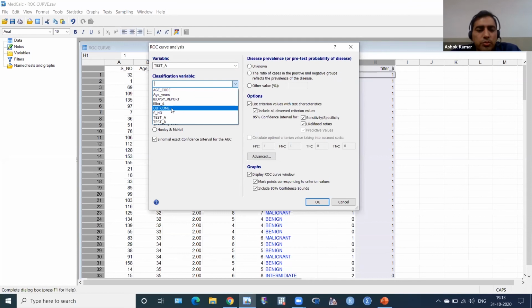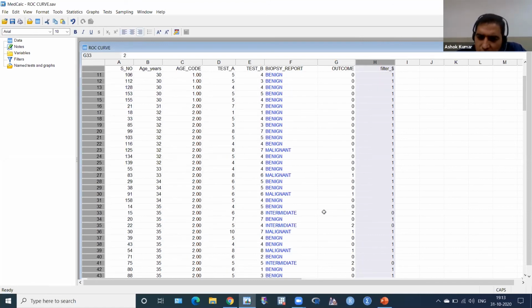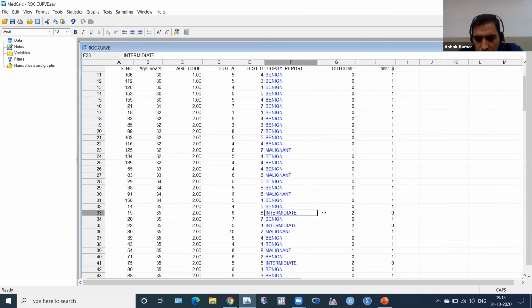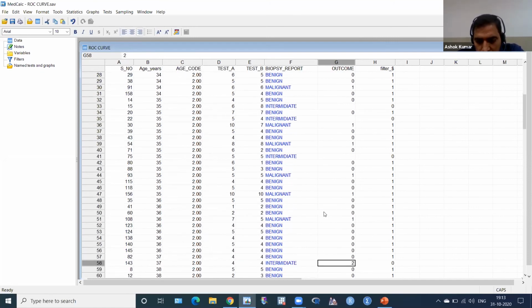So I have to remove 2 from outcome. I just don't want to do something extra. I just click on where the 2 are. This is 2, intermediate. I just remove it. I don't want this. Delete. Delete this too. Just simple.